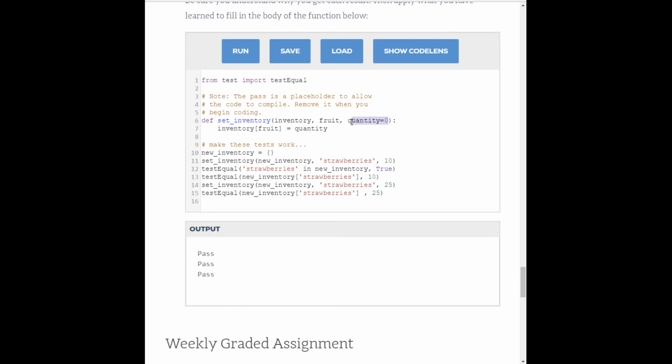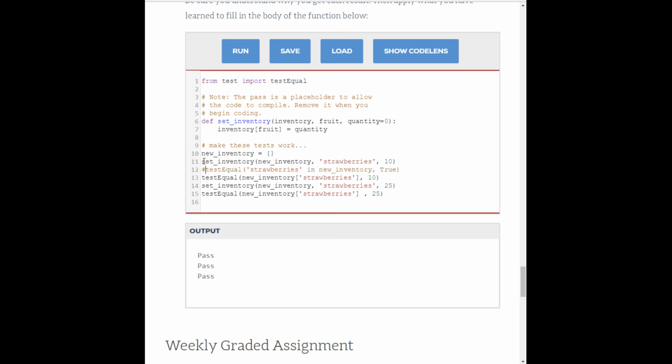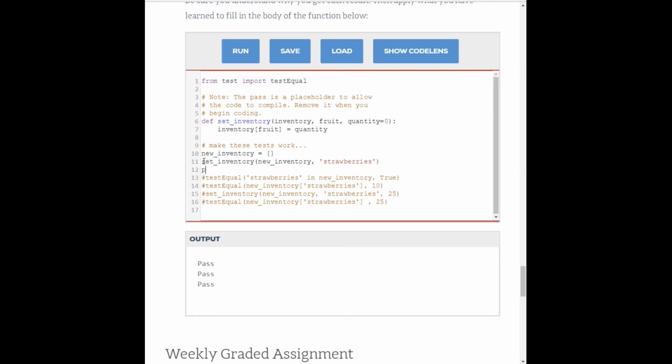So this one is saying that if the user does not provide a quantity for set_inventory here, it will default and set the quantity to 0. So if we do that and we print